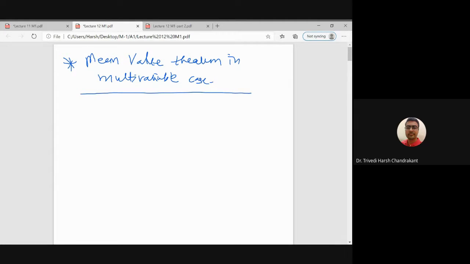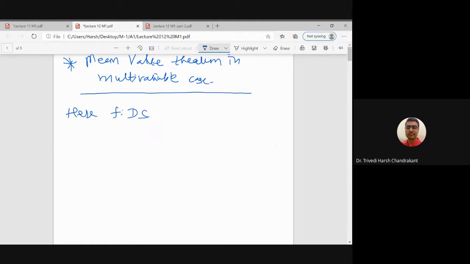Here in the multivariable case, our function f is a function from D, a subset of R2, to R, a differentiable function,